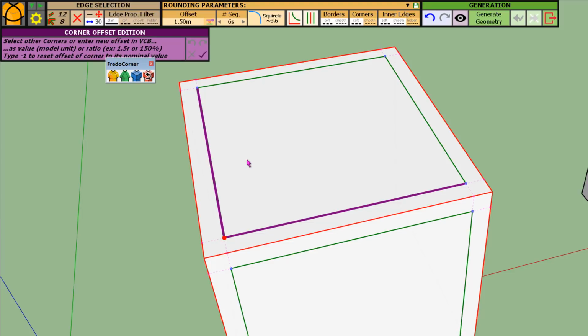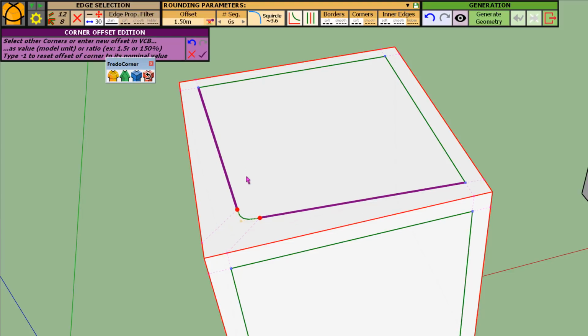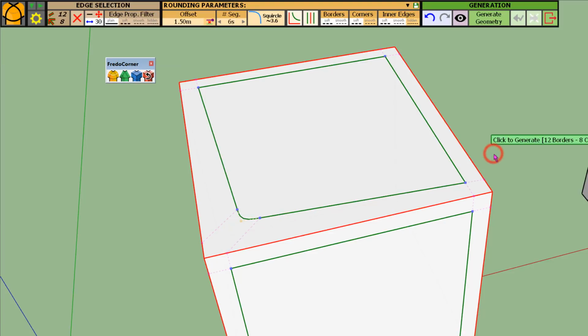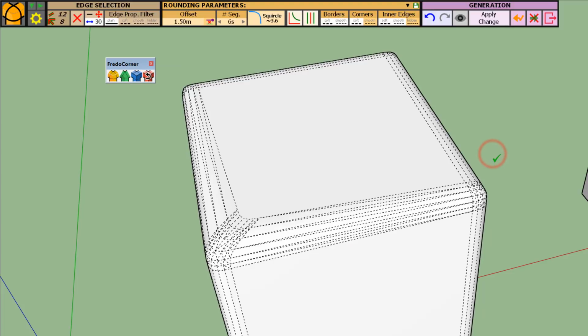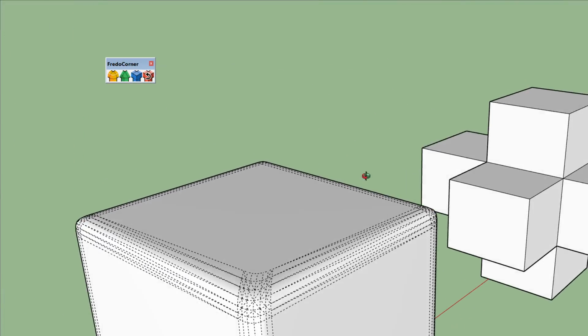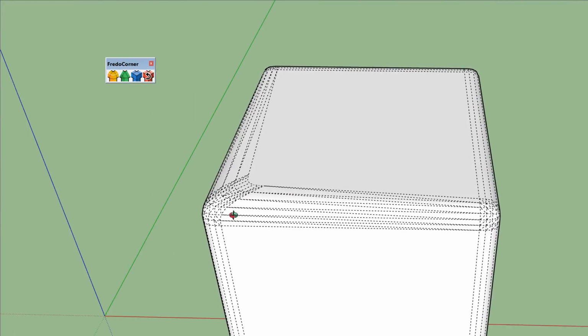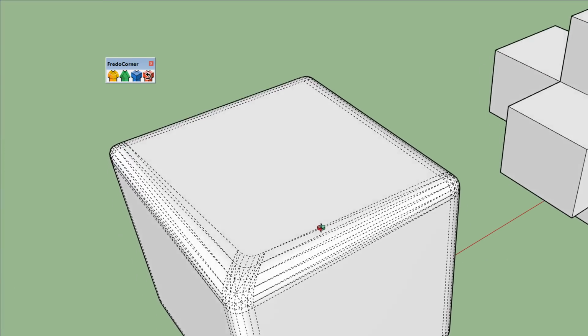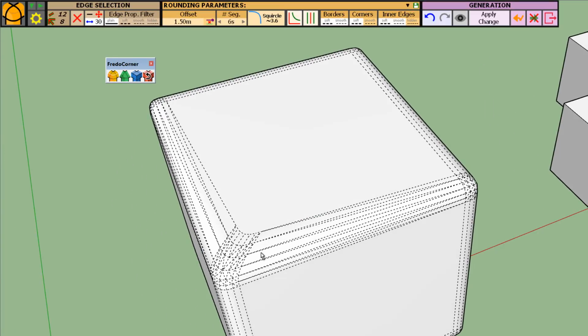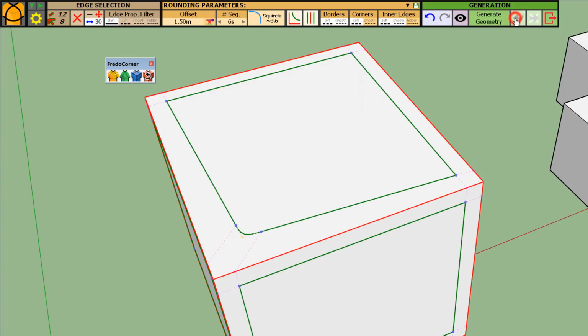Let's type a factor 2. And you see that now the borders, this border will have a variable offset. Okay, so let's exit this mode and generate. And you see that if you like it, you obtain a variable offset along the border.